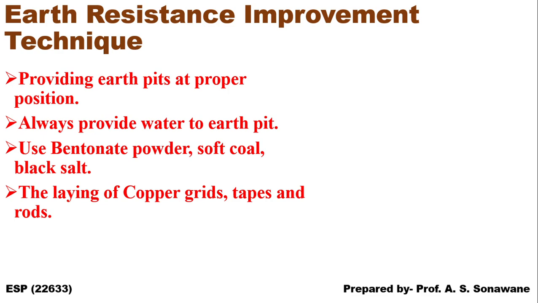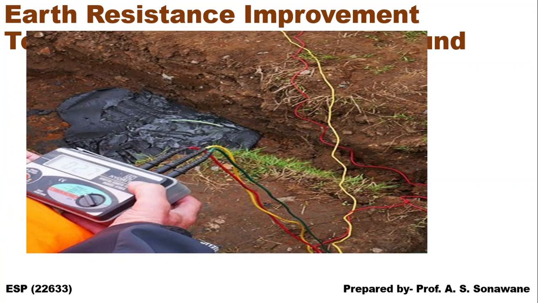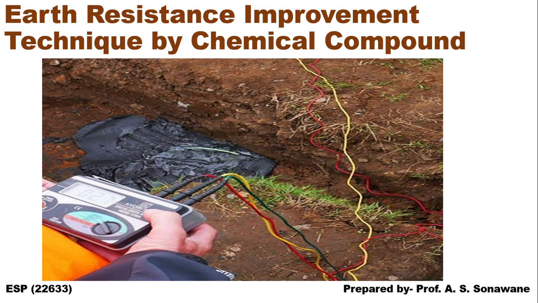So, suitable earth resistance cannot be simply attained by installation of a standard grid. It requires some chemical compounds. Let's see earth resistance improvement by using a chemical compound. This chemical compound consists of a chemical solution of good electrical conductivity when it is mixed with water. Then the mixture is applied onto the earthing grid. Due to this, the surrounding soil becomes a gelatinous mass forming an integral part of the overall earthing system.